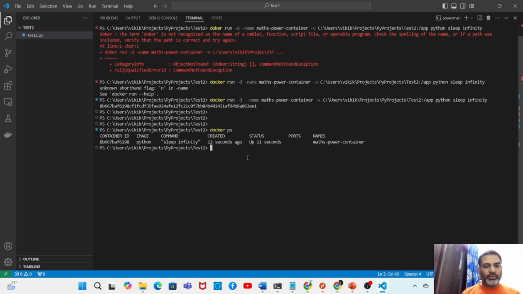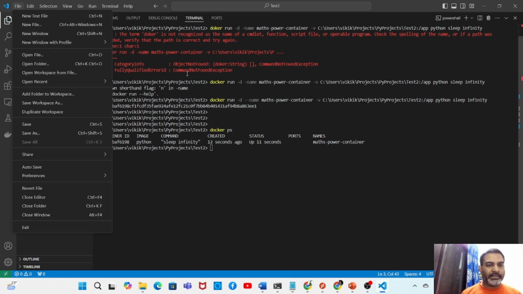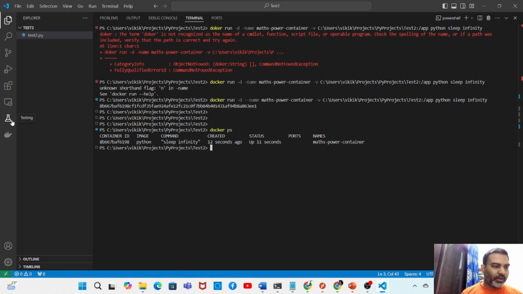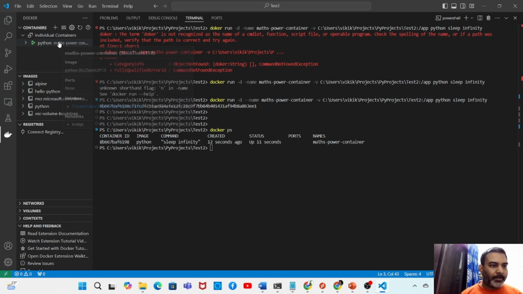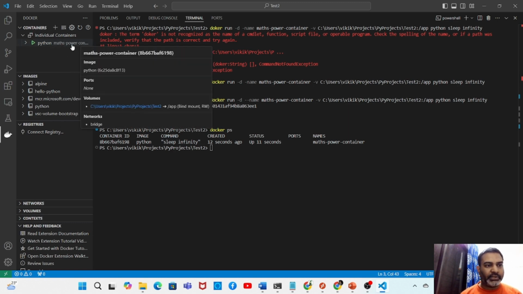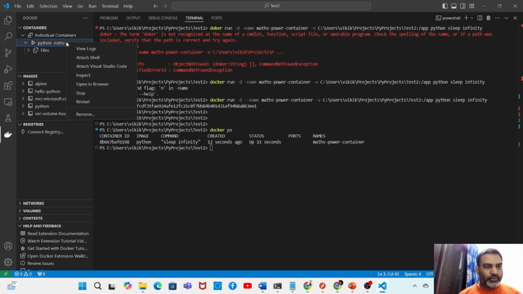So I'm going to go to the Docker extension. I'll see my container here. If you see here under containers, you can see math power container. So I'm going to